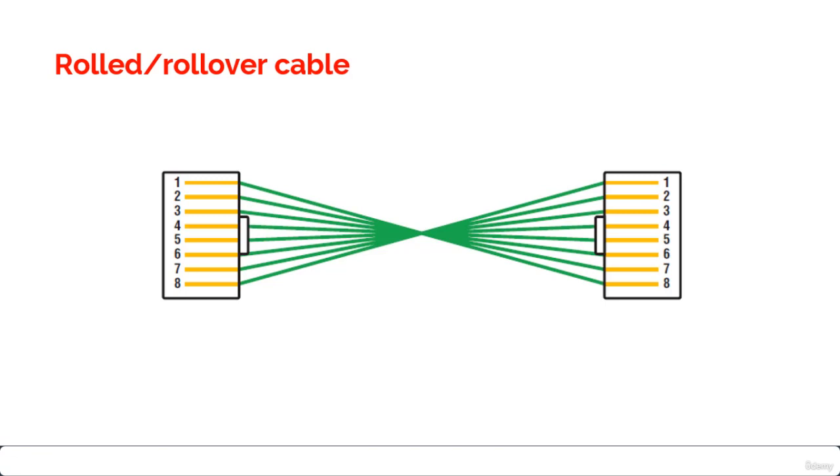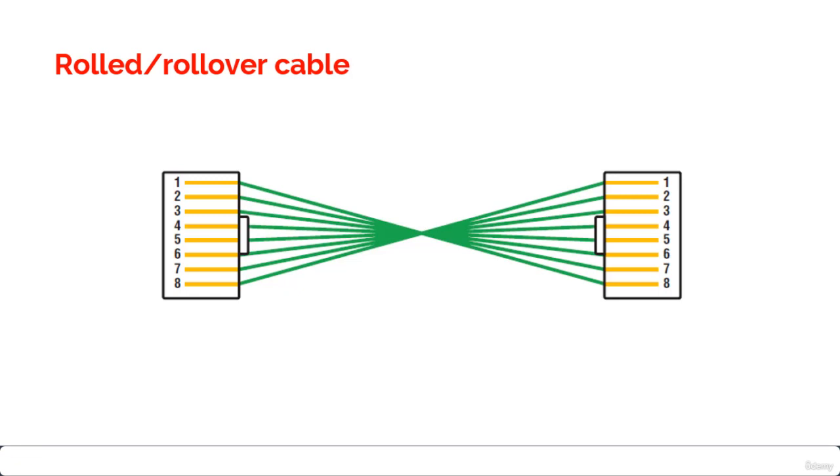Although a rolled over cable isn't used to connect Ethernet connections together, you can use a rolled cable to connect a host to a router console or serial.com port. If you have a Cisco router or a switch, you would use this cable to connect your PC, Mac or a device like an iPad to the Cisco hardware. 8 wires are used in this cable to connect to serial devices, although not all 8 are used to send information, just as in the Ethernet network.